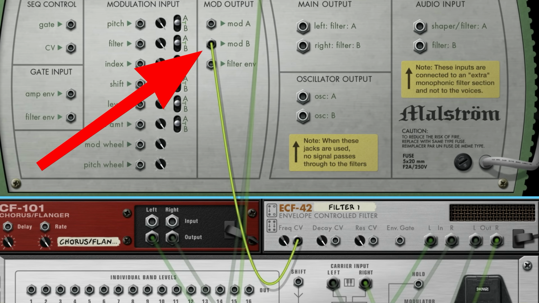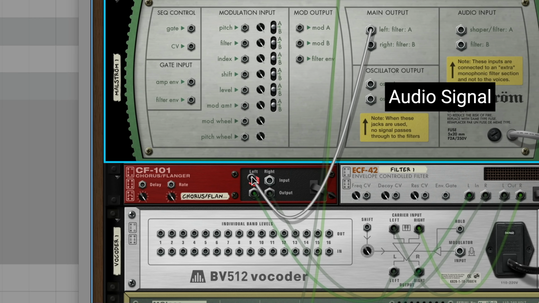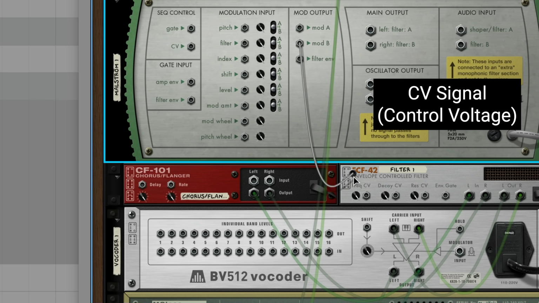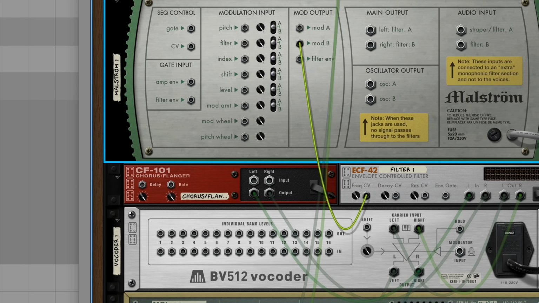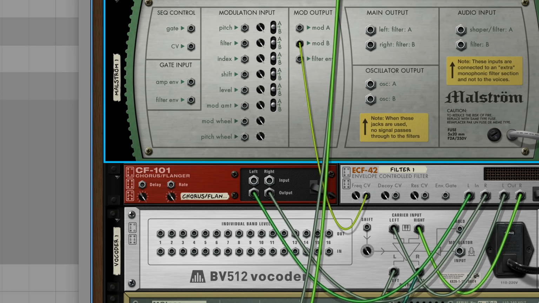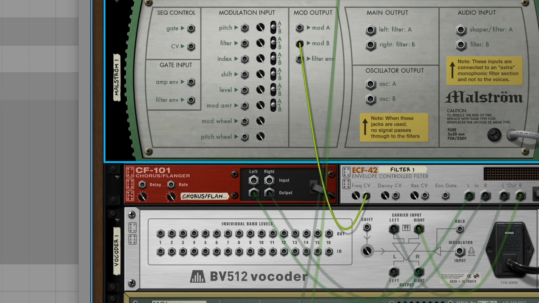And here you'll notice that you have two different kinds of cables. One is the thicker ones and then the thinner ones. The thicker ones are for audio signals and the thin ones are for CV or control voltage signals. So you can use those to modulate things, as I will show you in a bit. And one trick here is that if the cables get overwhelming, you can press K on your keyboard to visually fade out the cables of all the devices that aren't selected, which makes it easier to keep track of what's